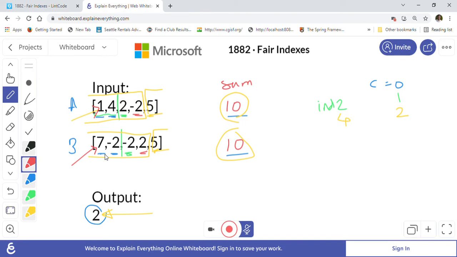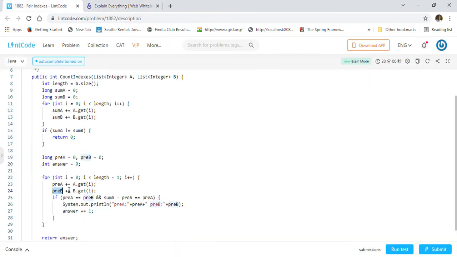For example, here first the sum will be 1, and 7 for the first point. Then once we go to 4, the sum will be 4 plus 1 is 5, and 7 minus 2 is 5. So we will keep calculating the sum, right? That's what we are doing. We are just incrementing it from the previous sum, as you can see, it is plus equal to.